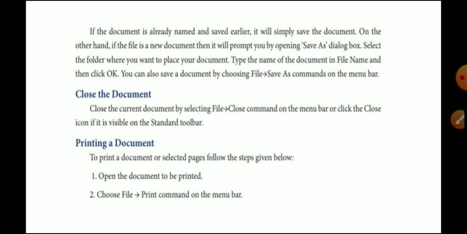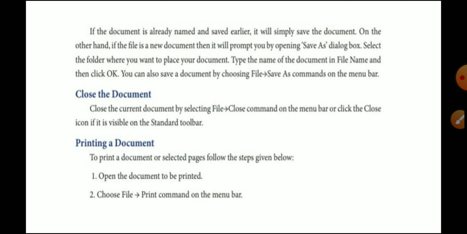Next one, closing the documents. Before that, we know about save. Save As means what, sir? File, Save As. Save As means I already saved a file, and one more time I want to save the same file under another name. For that, go to File and click Save As.